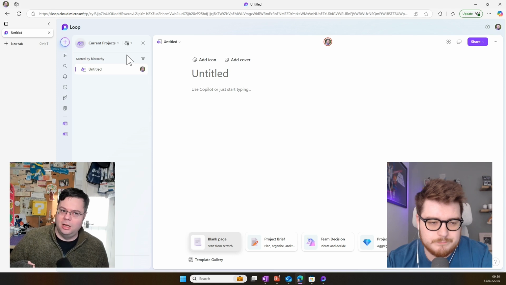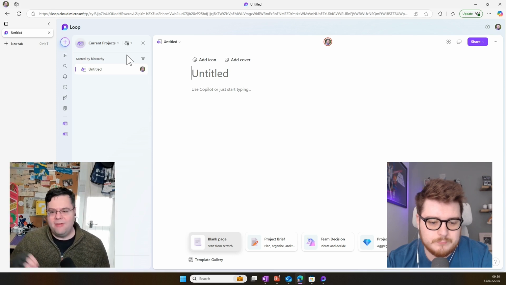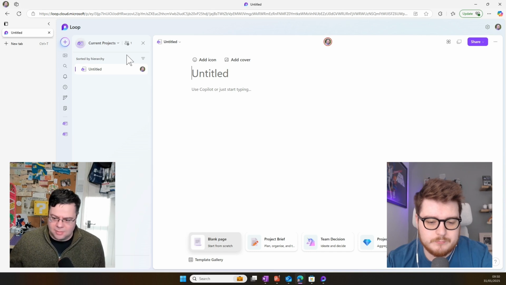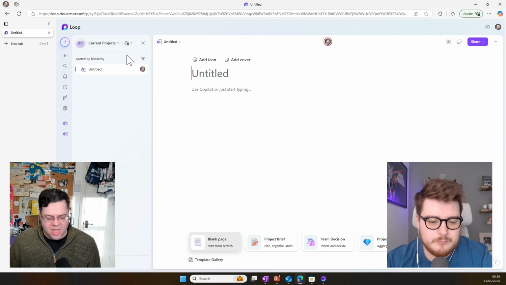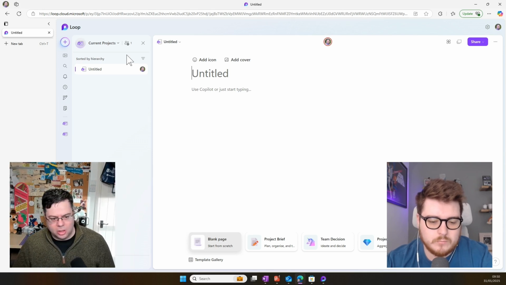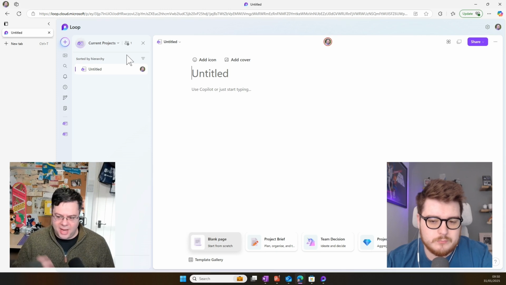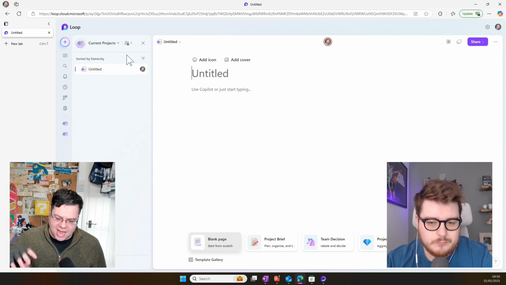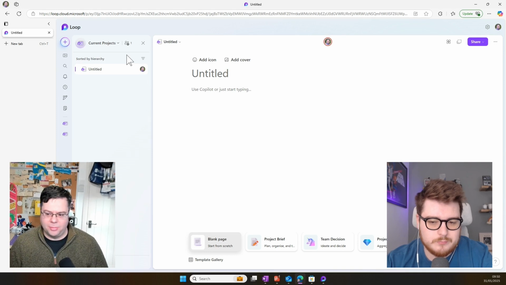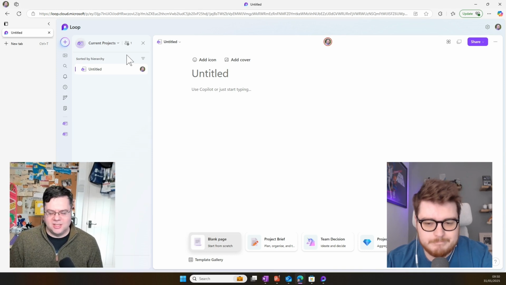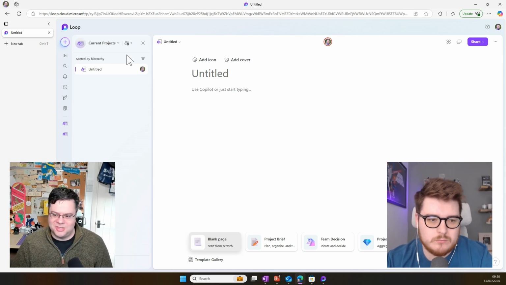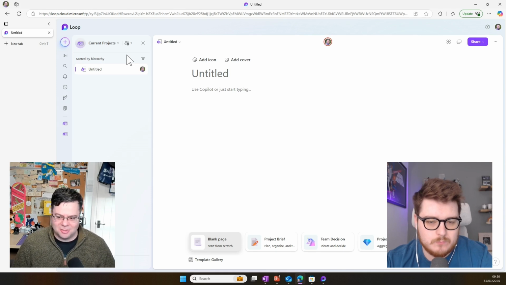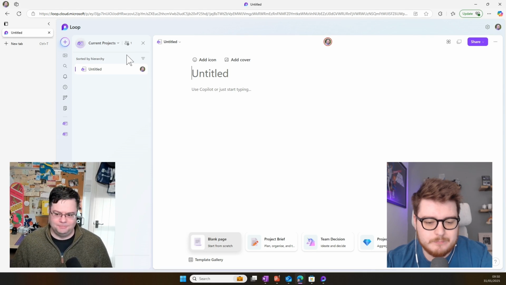Unlike a OneNote notebook, which fixes that hierarchy for everybody else in OneNote, in Loop that is my hierarchy. But if I had a particularly complex or challenging project with a load of pages and sub information, I could share that entire workspace with everybody else in my team. So this fits that message of Microsoft giving you the tooling and lots of different choices, and how you choose to interact with it is down to your preference, I suppose.